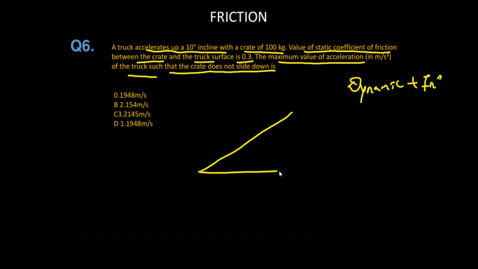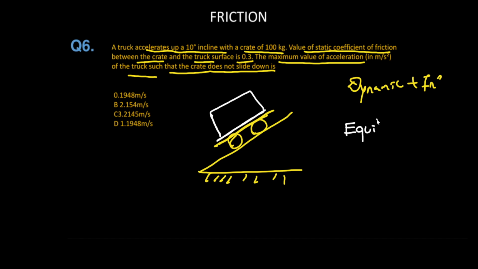Okay, here's what it is saying. There is an inclined road over which there is a truck. This is the truck surface, and a crate is placed on it. As I was saying in the free body diagram, for applying equilibrium on a dynamic body,